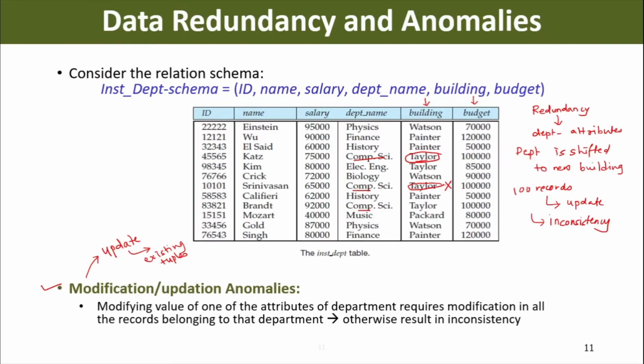Okay, so I hope you must have understood this concept of anomalies. So we may have insertion anomalies, we may have deletion anomalies, and we may have the modification or updation anomalies. And the reason why we are having those anomalies is the bad design of the data. And this is because we have introduced data redundancy while designing the relations, and this should not happen. So this was related to guideline number 2 and the anomalies that we may have.